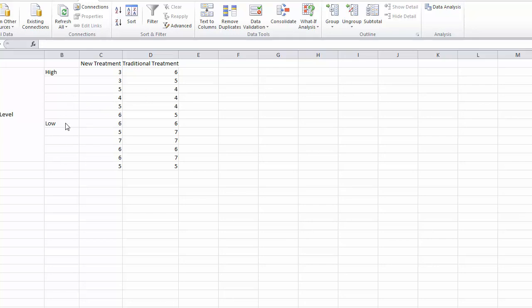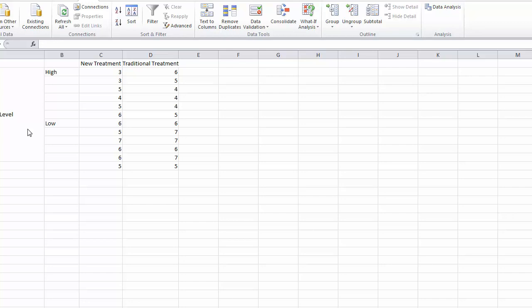So the activity level will be considered the between groups factor, and the treatments would be considered the within groups factor. So what we're going to try and determine is, does activity level by itself have an effect on depression level? Does type of treatment have an effect by itself on depression level? And then also to see if there's a unique interaction between the treatment and then the activity levels of the